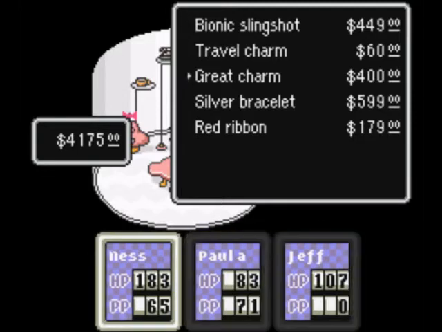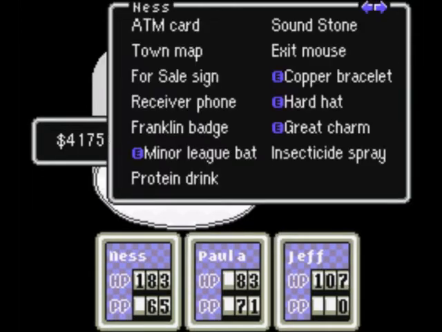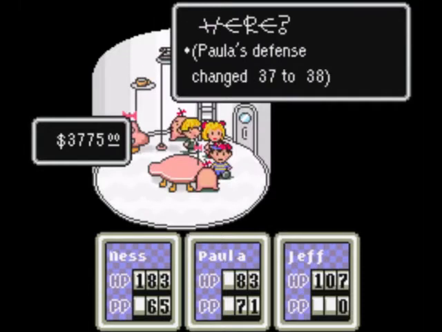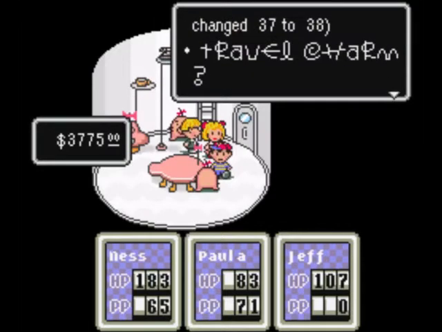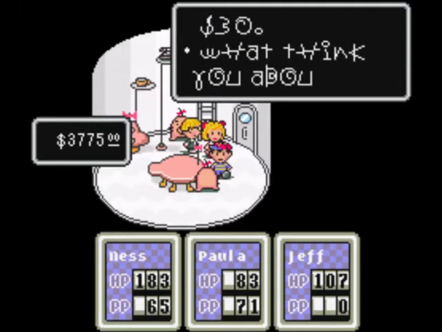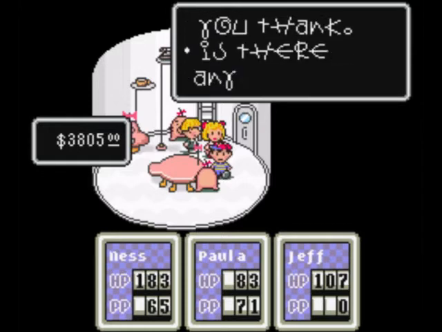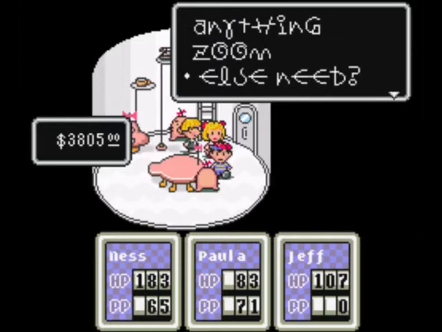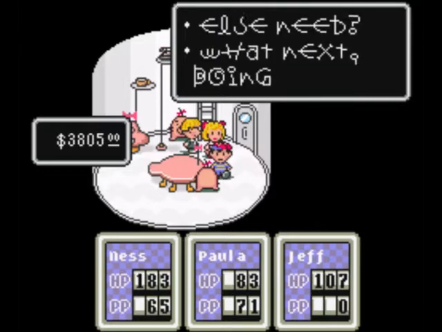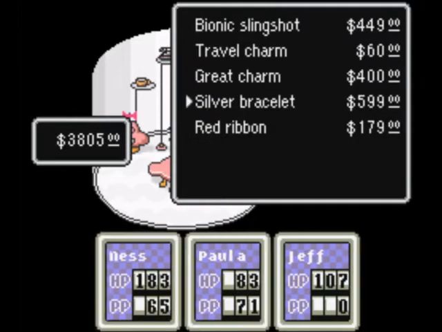Travel charm, great charm! The great charm? Which you carry this burden? Equip here. 37.38. Travel charm? That one is $30. What think you about that price, Zoom? Yes. Oh, you think? Is there anything else Zoom need? Yes. Alright, so we've got great charm. Let's see what else we can...